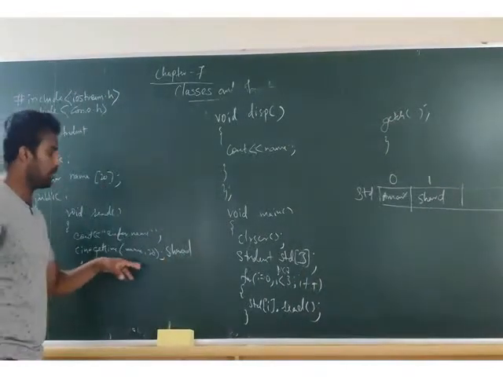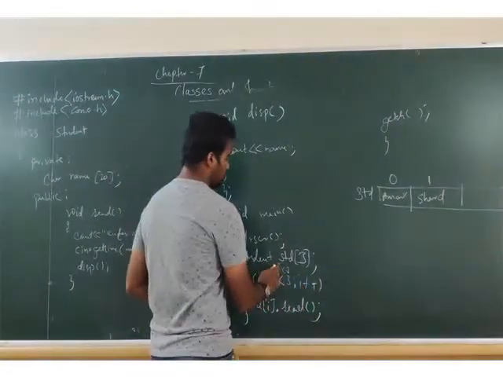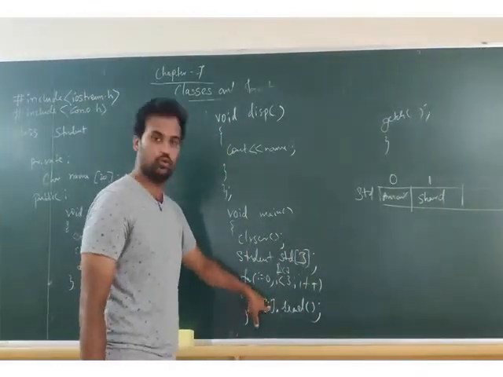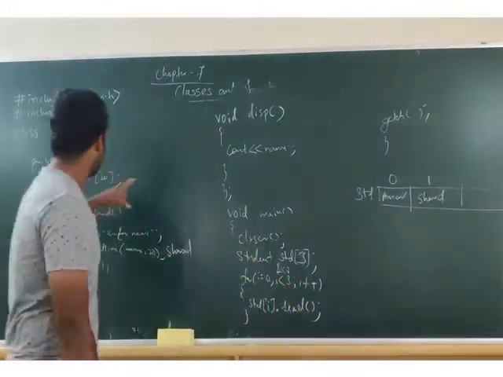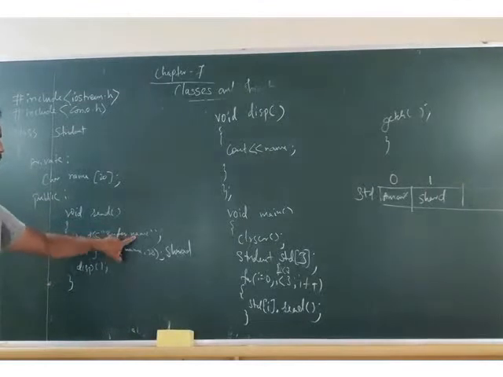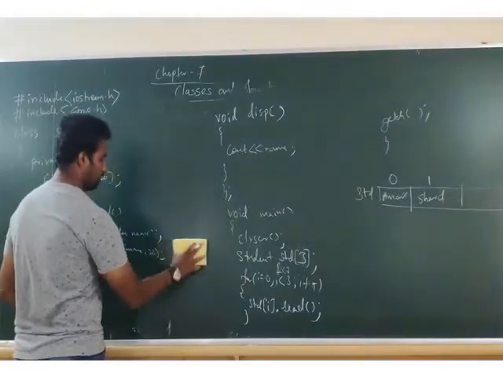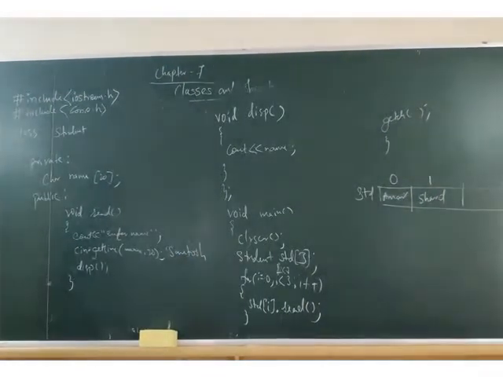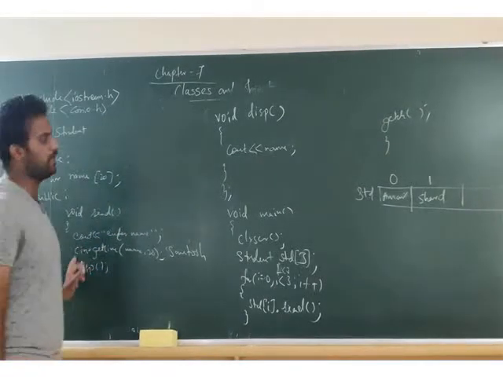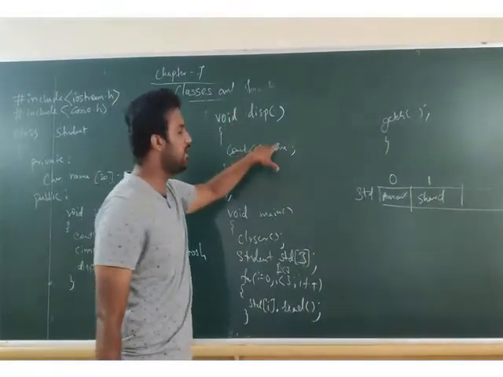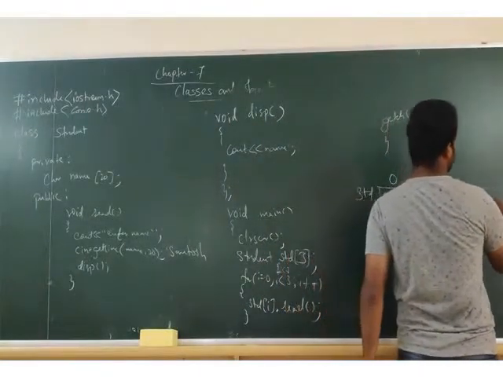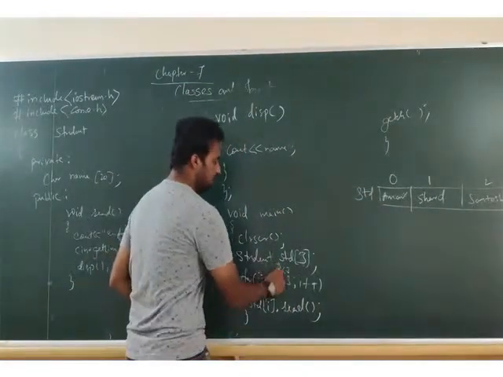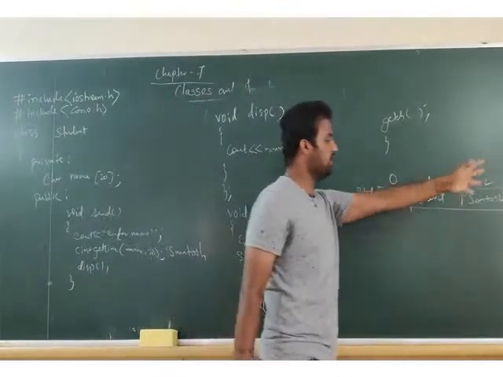Next, again what happens? i plus plus, 2. 2 is less than 3, condition true. True means come down again. std of 2 dot read. Where is read? I will come here. Enter name. I am entering your name again. What am I entering? I am entering Santosh. After this line, what is there? Display. I will come here. What is the name I am going to display? Santosh. Next, again i plus plus, 3. 3 is less than 3, condition fails. We have got 3 different names.